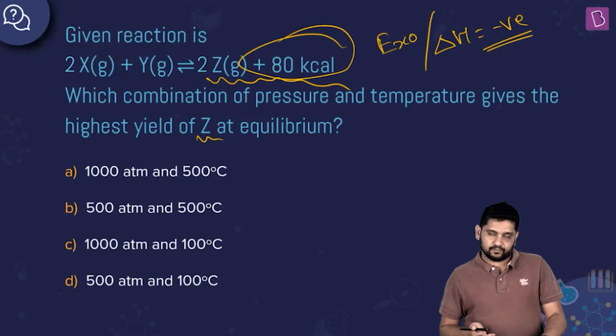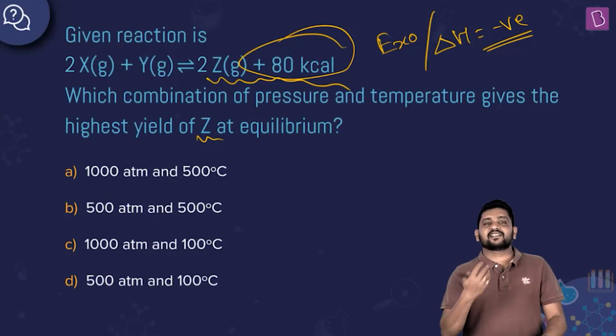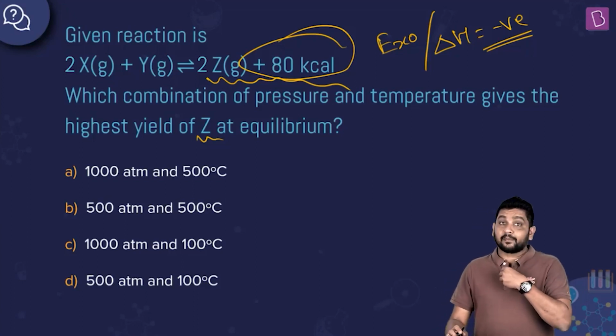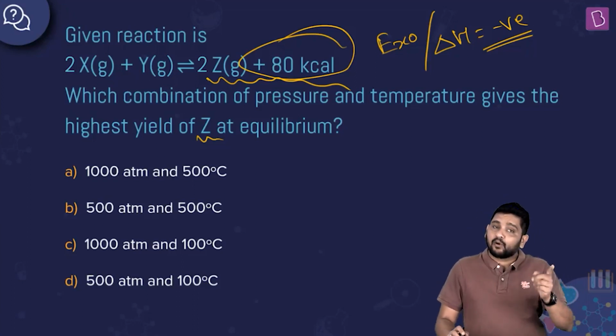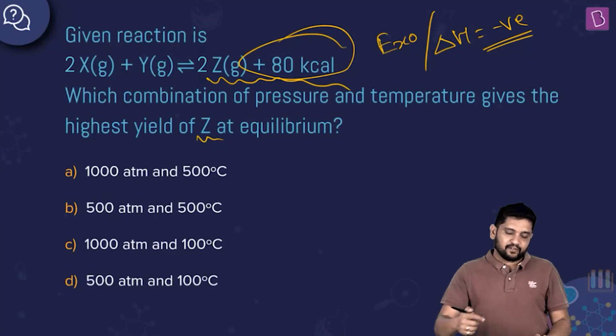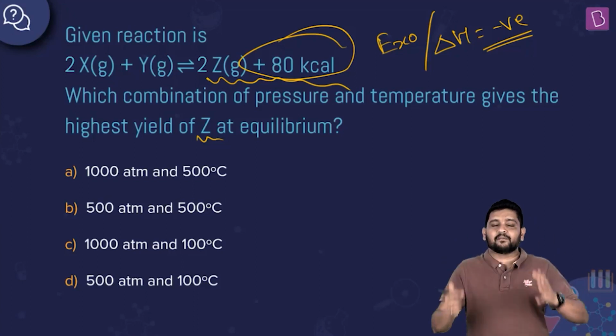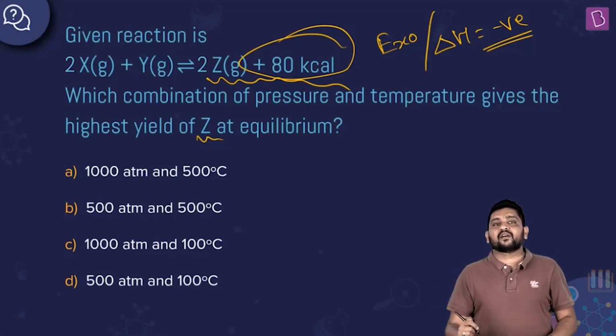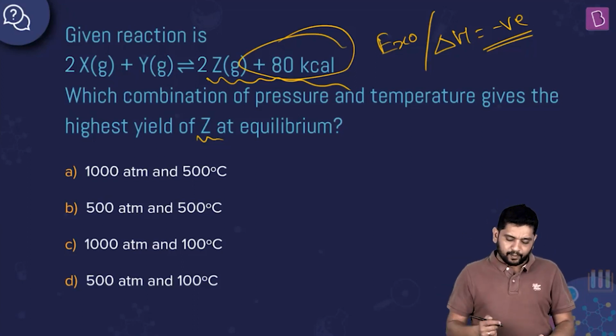So reduce temperature. If you reduce temperature, an exothermic reaction will go in the forward direction. You reduce the temperature, and the system will try to throw heat away into the surroundings to increase the temperature of the surroundings, and you can think of it that way, that Z can be produced more and more. So for an exothermic reaction, reduce the temperature, and what else is there?